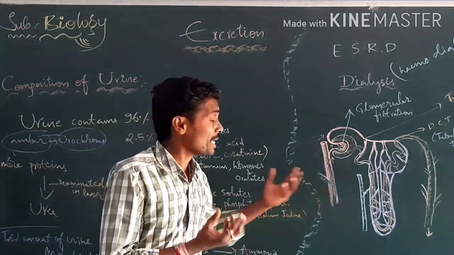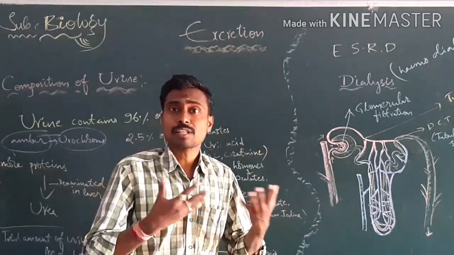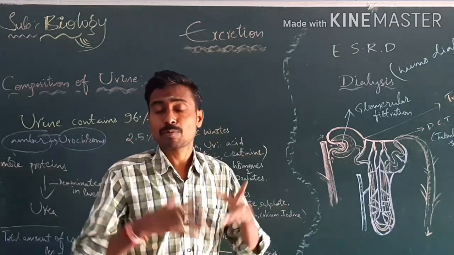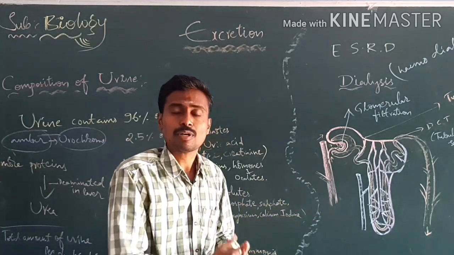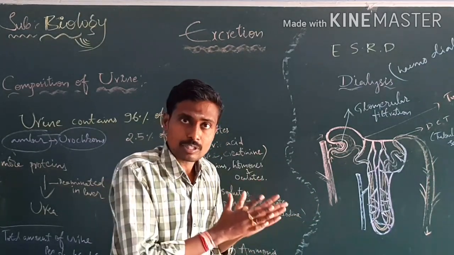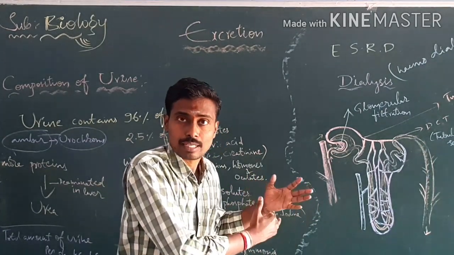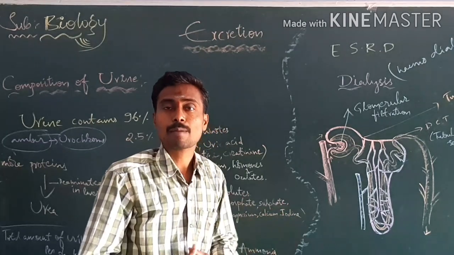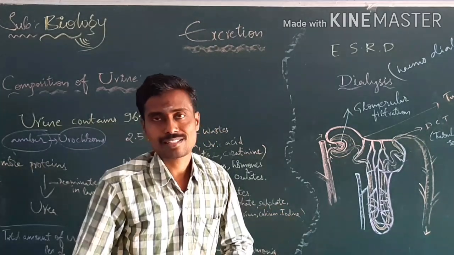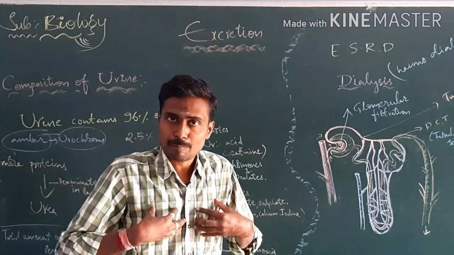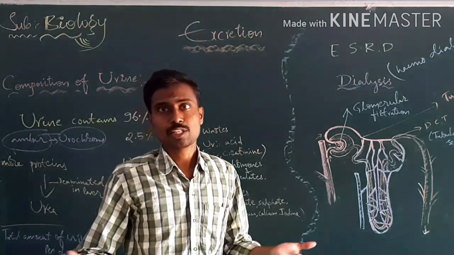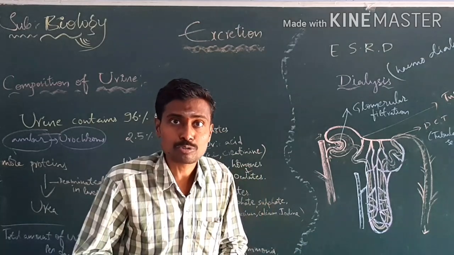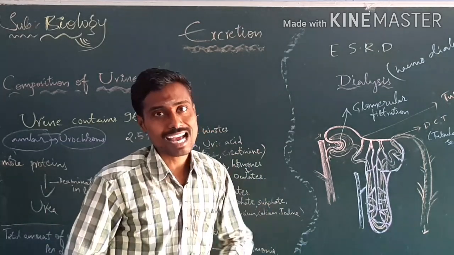What is the main role of kidneys? Filtration of waste materials from our body which are produced during metabolic activities. But now the kidneys are not functioning. What is our position? If the waste materials are being left over in our body, what happens? It leads to poisoning. Can we keep poisonous materials for a long time in our body? No, it leads to death. Then what do we have to do? We have to go for dialysis.